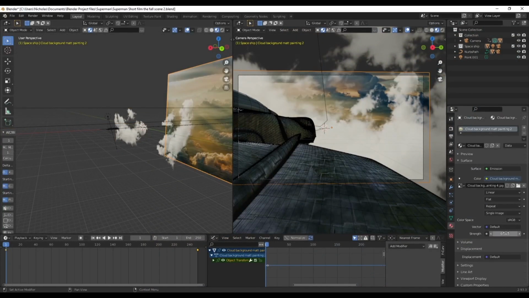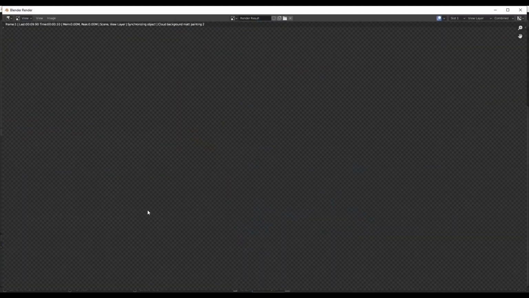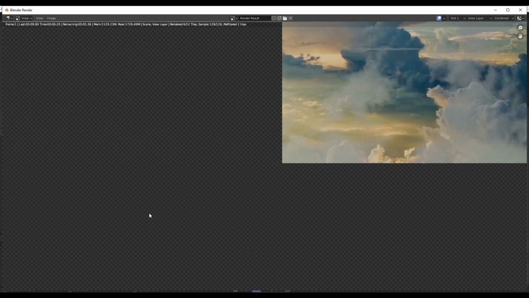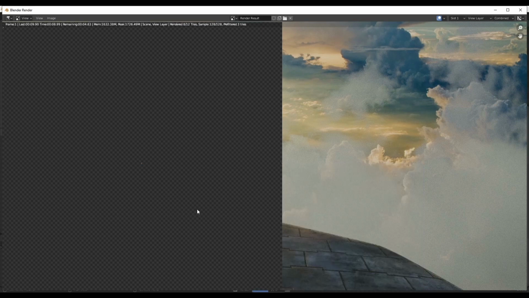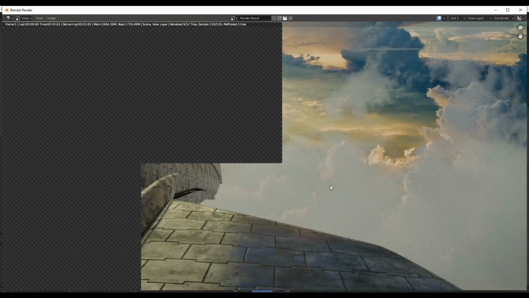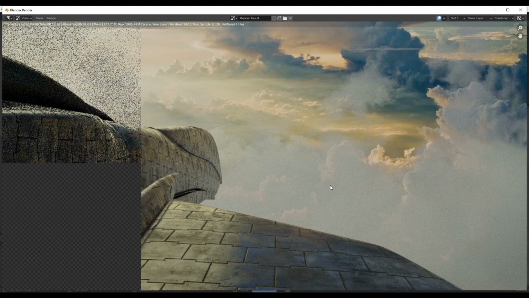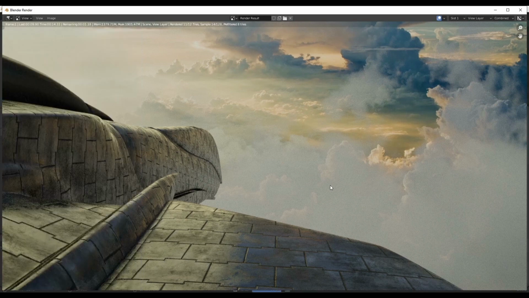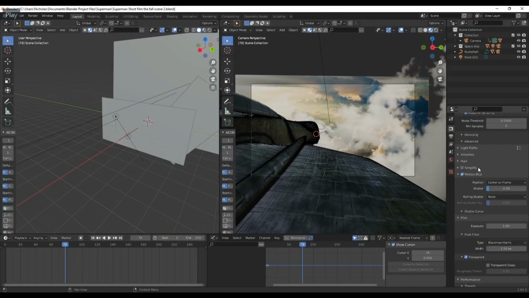We can maybe just adjust the strength of our image, the light, maybe just set that to 1. And we'll give it a render. And it looks very nice. I think we've got a really nice result. Alright, so